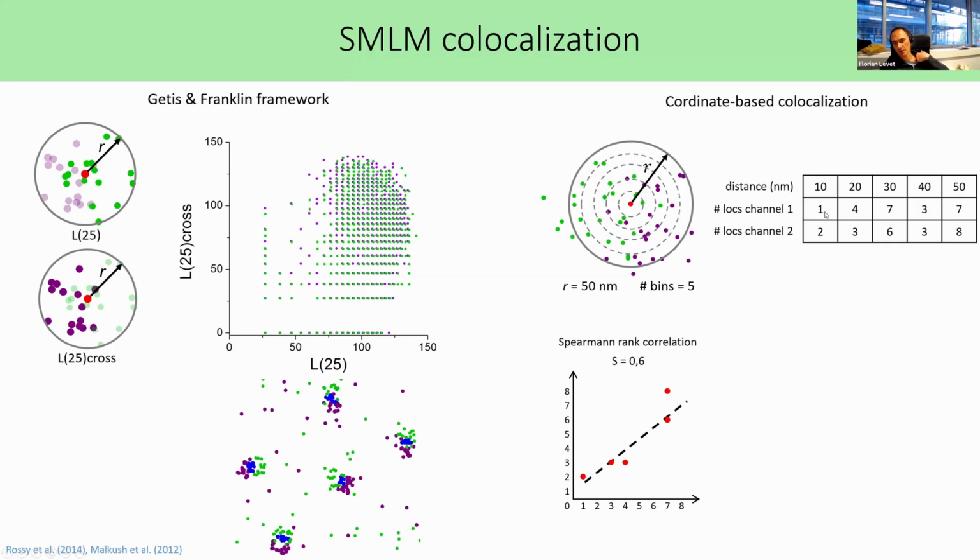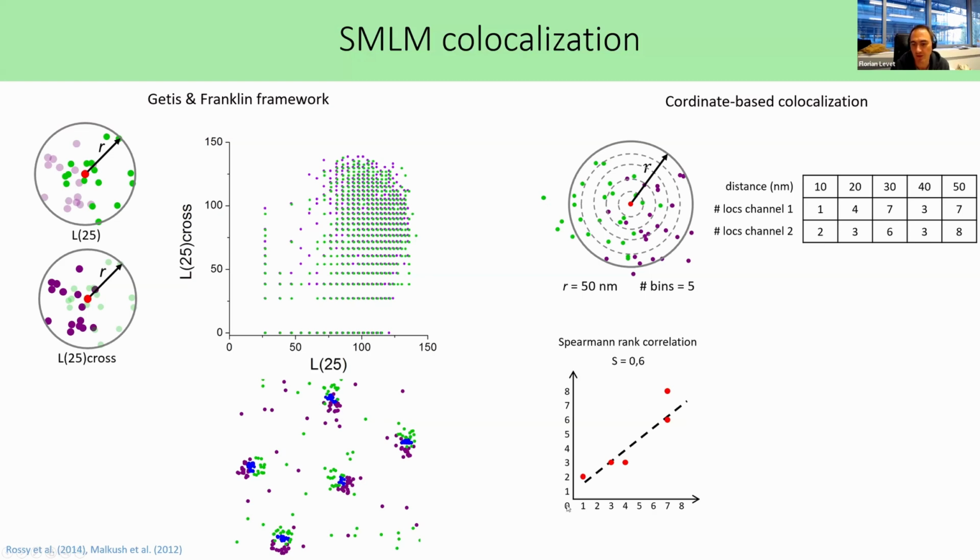Because if you compare really the values, like what you would do if you use a Pearson correlation, that means that you expect a linear relationship between your two colors. And in single molecule localization microscopy, because of the problem of the localization density, the fluorophore photophysics and all that, you cannot really expect a linear relationship between the two channels. So you are using the Spearman rank correlation because you are not comparing the absolute value, but the rank in a sorted array. And in this case, still you will have a value between -1 and 1 as for the Pearson